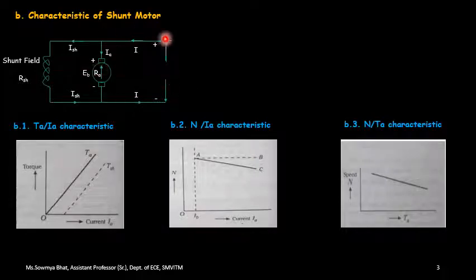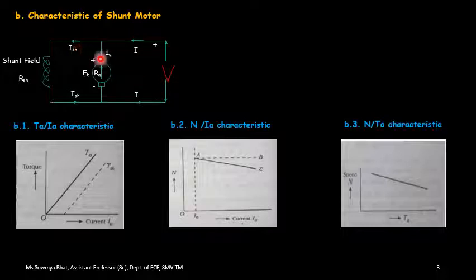So this is the circuit diagram for the DC shunt motor. Here V is missing. Sorry, this should be the supply voltage V. If you consider this particular circuit diagram, here we are going to apply input in terms of supply voltage V. So this is the main current which starts to flow from the supply, and when it finds a junction or a node, it gets divided or finds a path over here.